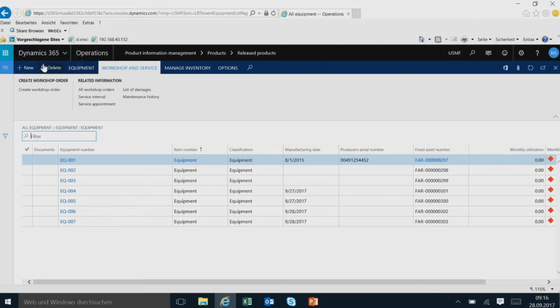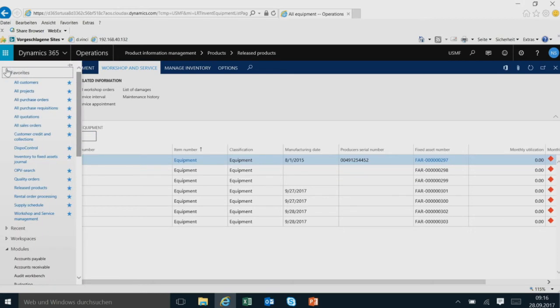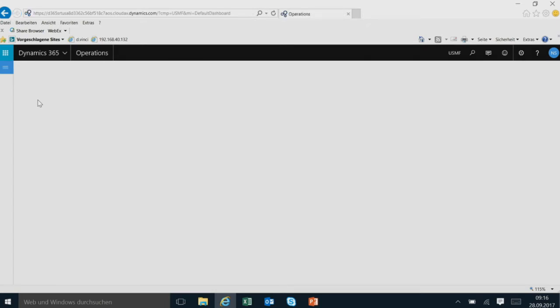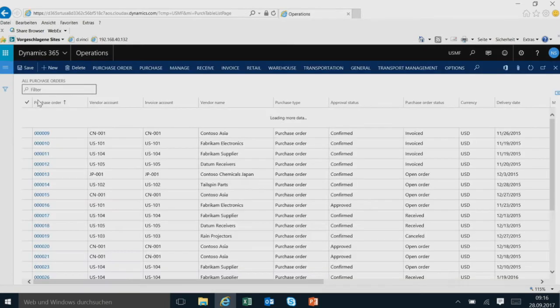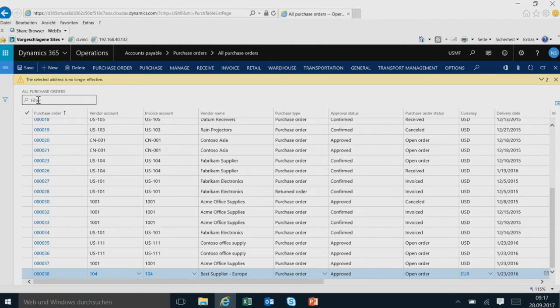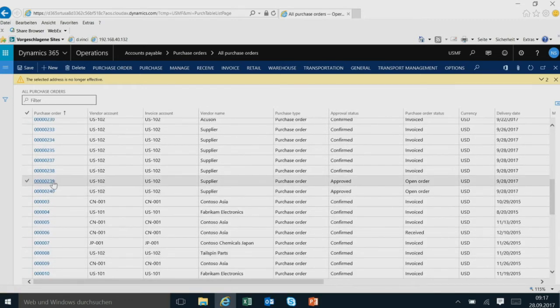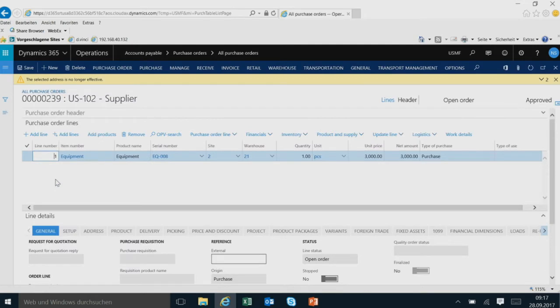How do we manage this in the system? We do this in a scenario, and the scenario I will show you is purchasing an equipment. It works the same way coming from manufacturing, and the whole idea behind it is simply that, let me check here, I've prepared one purchase order, correct, here.